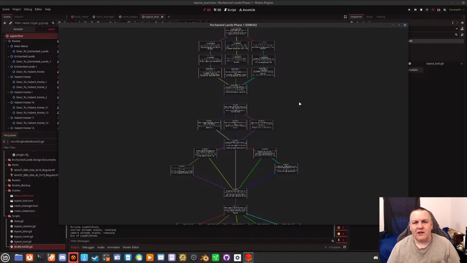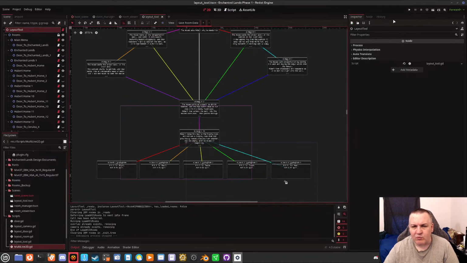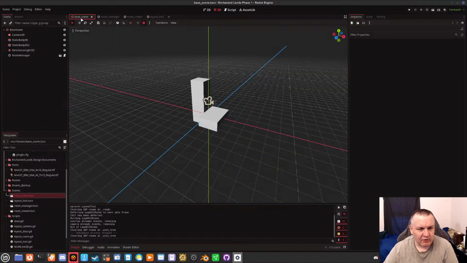This is sort of like a standalone program, you know. But I'm just running the scene individually. See, when you run in Redot or Godot, basically you're running the base scene. So this is my base scene here. Yeah, let's pull that up real quick. This is the base scene, right? I actually have these 3D blocks in here because eventually I'm probably going to do 3D environments that are made to look hand painted.